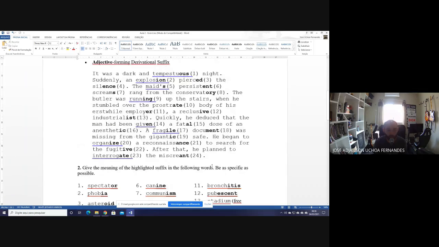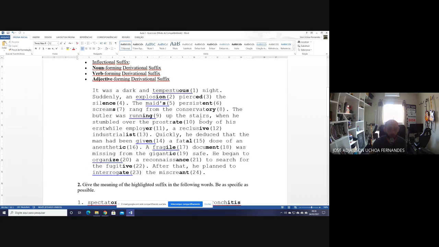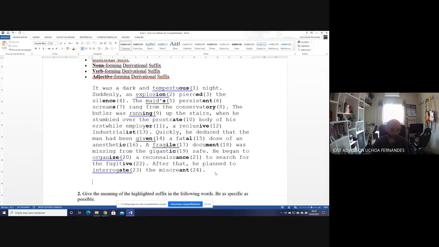Well, you can use a dictionary if you would like to. I want you to explore these suffixes. I'll give you 10 minutes. Let's do just the first, okay, as an example. First one, we have tempestuous. Now, if we had to split the word tempestuous,